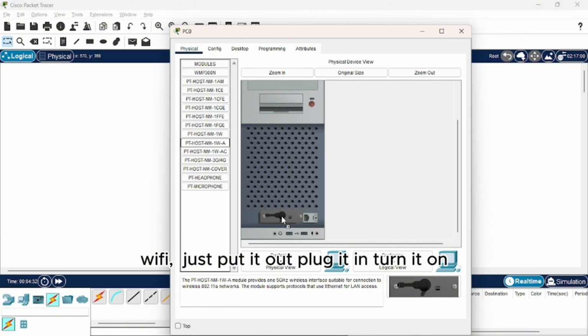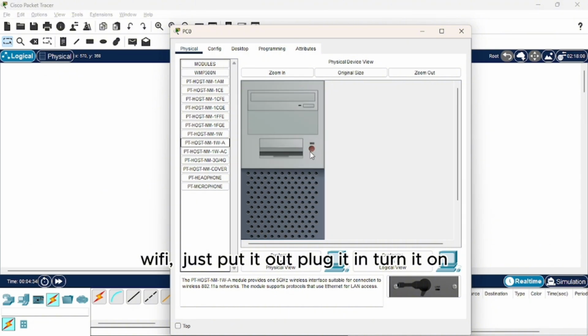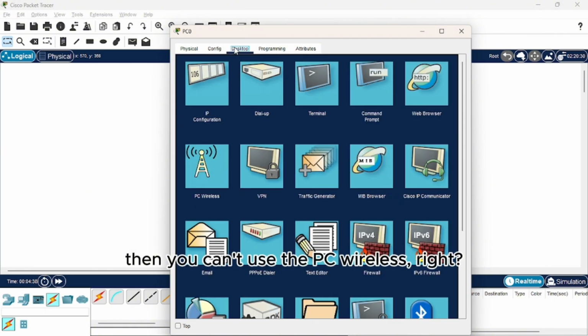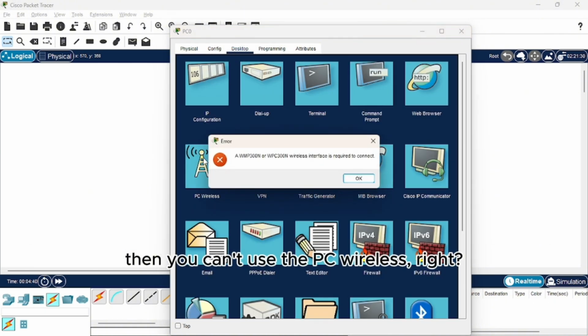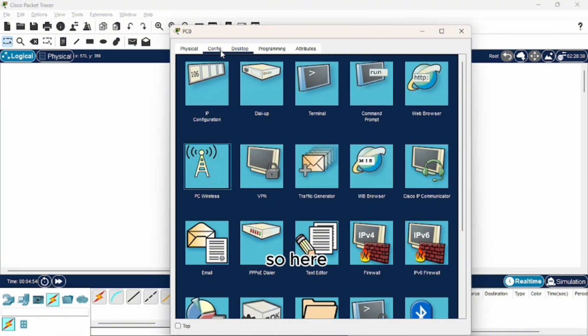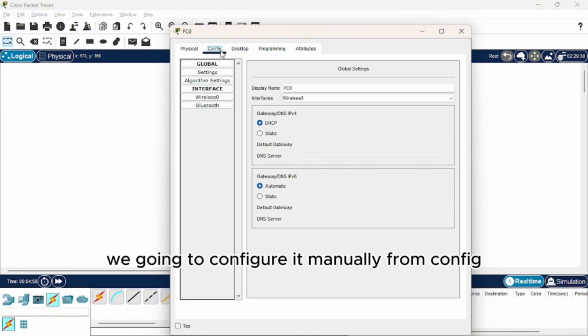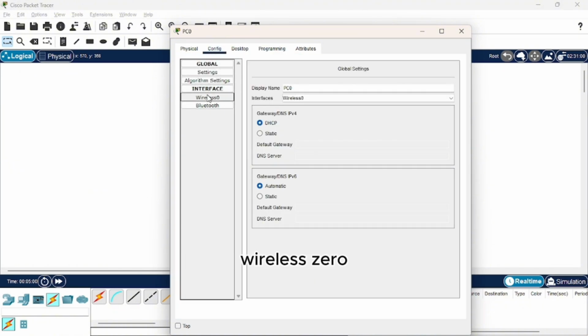Just take it out, plug it in, turn it on. Then you can use the PC wireless, right? Because the other one is only for 2.4 GHz. It's not for 5 gigahertz. You need WMP300N. So here we're going to configure it manually from config wireless 0.